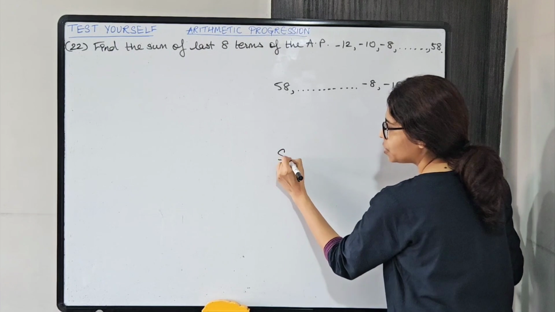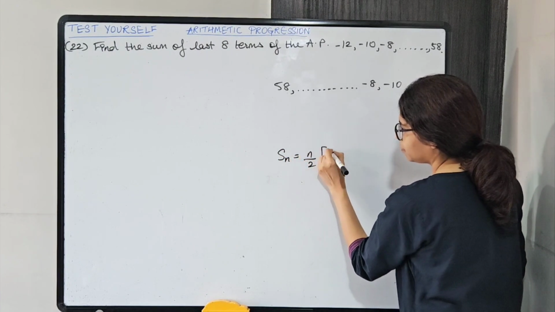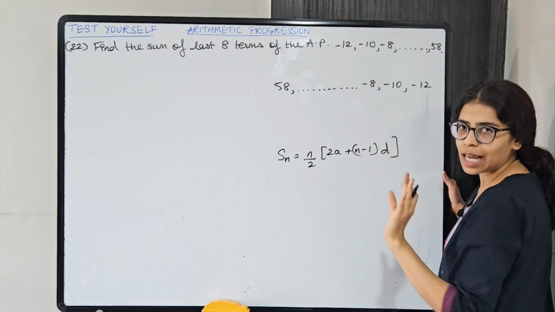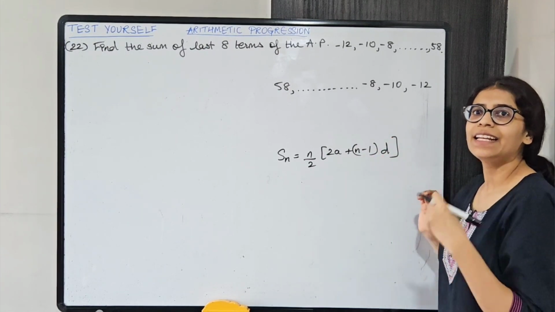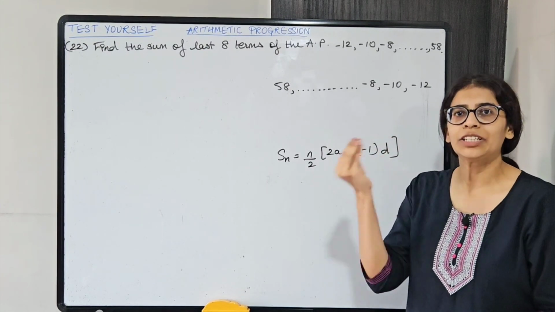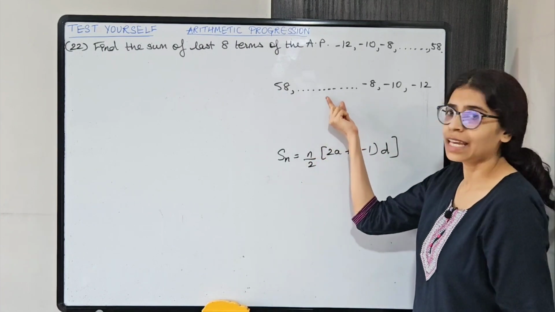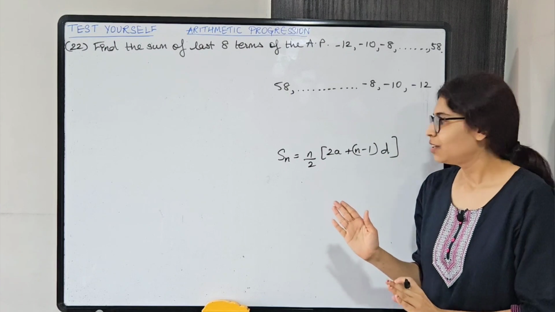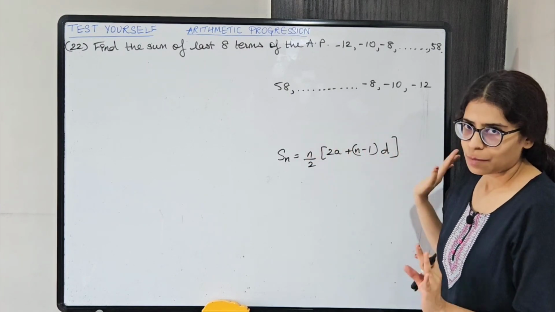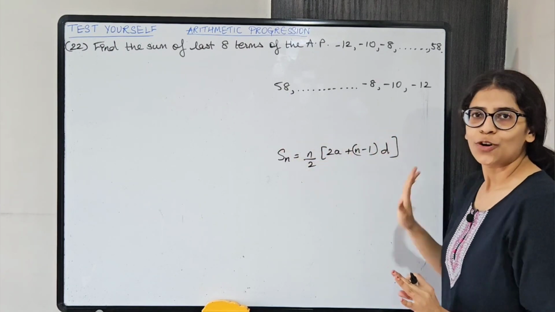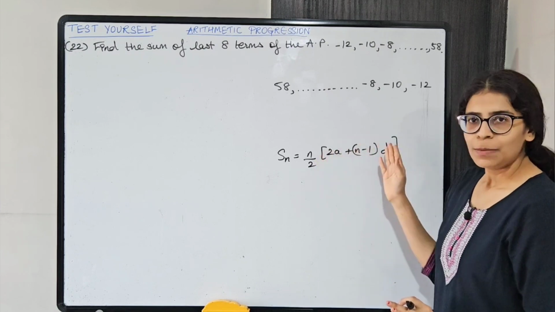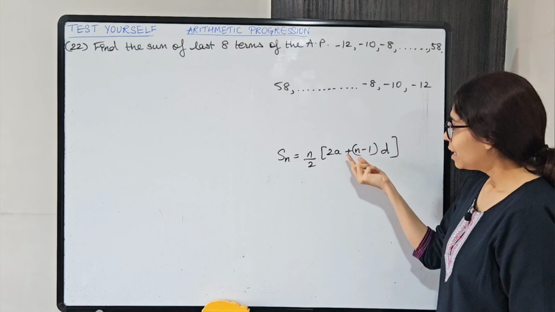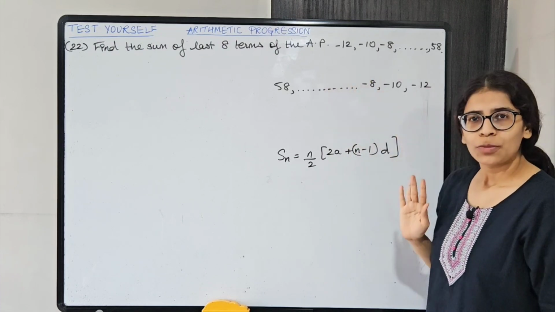So I can use this formula, right? L वाला applicable नहीं है because उसके लिए I need to know 8th term. Okay, तो यहाँ से 8th term मुझे पता होना चाहिए, that will be the last term. So I don't know that, so that is not applicable over here. I can use this formula. N will become 8 because 8 terms को add कर रहे हैं. So N I know. A and D I'll easily get from the AP.